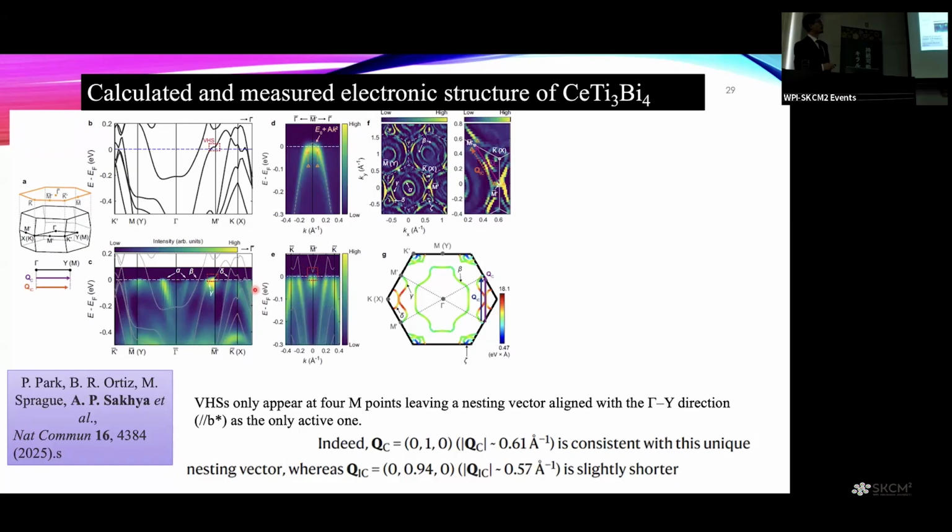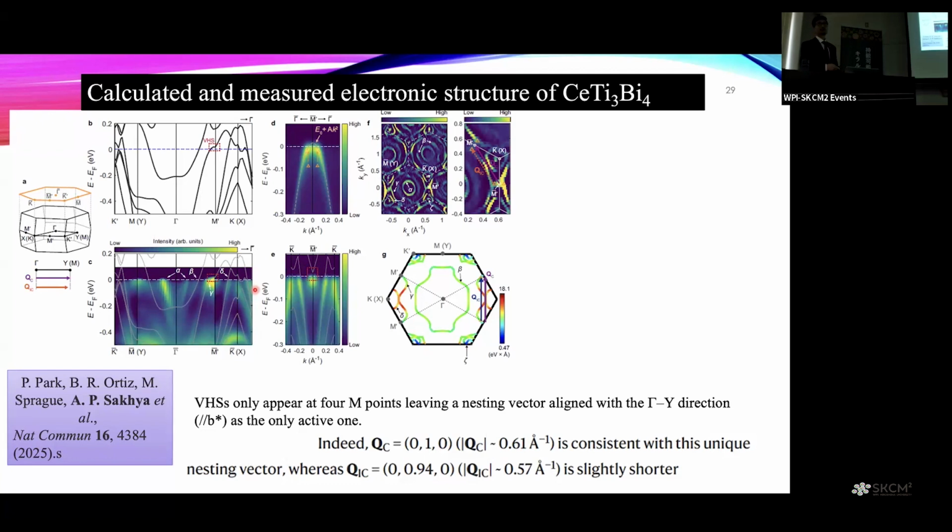However, you see the intensity is quite broad. It extends to a long region. So there can be other directions also where you have this nesting vector. It may be slightly shorter, and you can have both coexisting. So this we cannot say conclusively because the experiments were performed at 15 Kelvin in the paramagnetic phase, and the